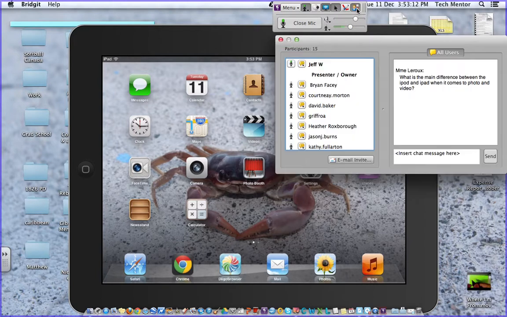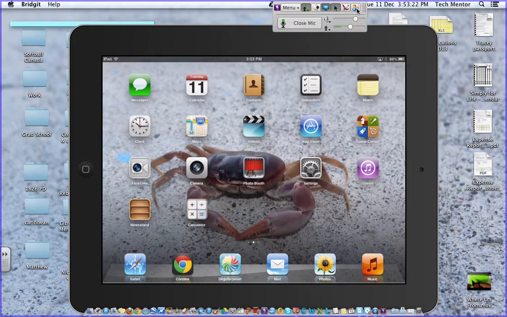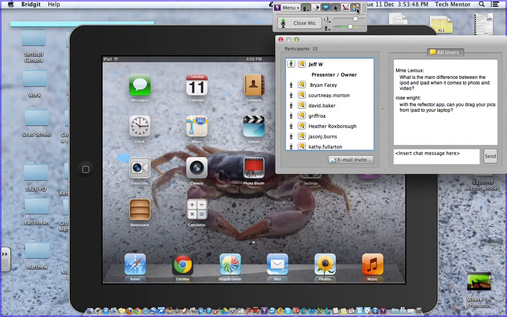And I see there's a chat message, and actually, Diane, there really is no difference between an iPod and an iPad when it comes to photo and video. They work exactly the same way. Just think of an iPod as almost like a small iPad, because that's really what it is. In terms of attaching it and sending it off to a camera, they really are, and honestly, they are the exact same as an iPhone. An iPhone is just an iPad for all intents and purposes, or an iPod with